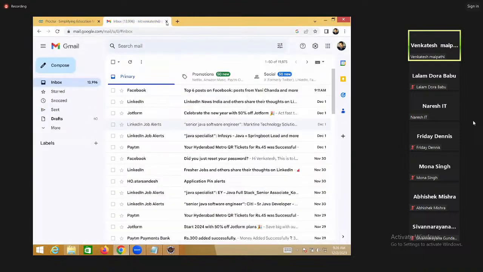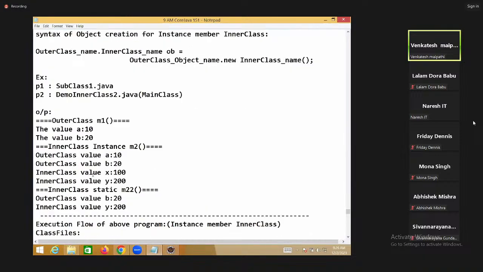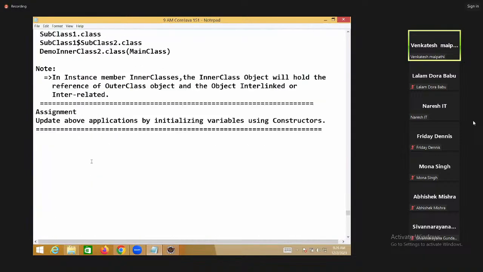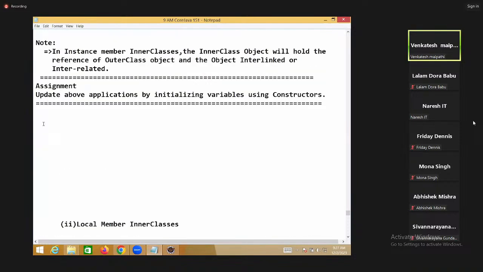Let me go for today's class. Today you check the notes and you do the assignment today. You do it. Okay, right. So meanwhile, today I'm entering into local member inner classes. Let me repeat what happened yesterday for two minutes. So what I'm trying here means